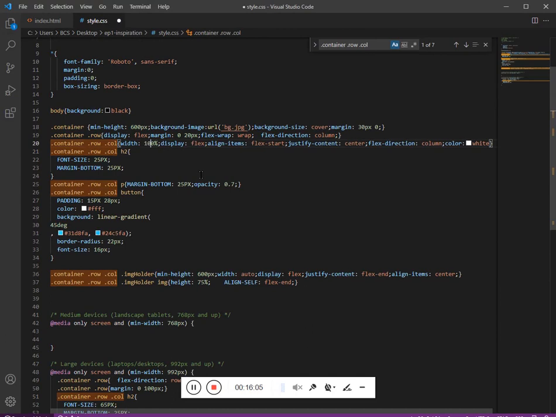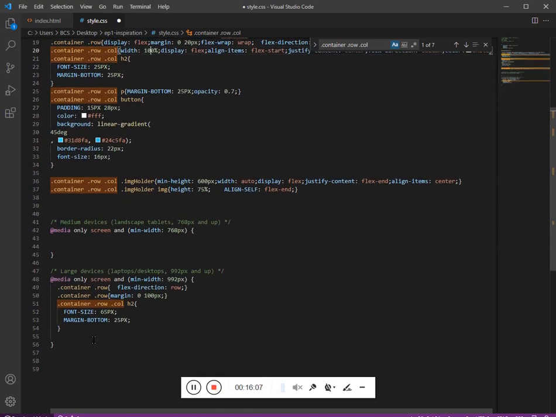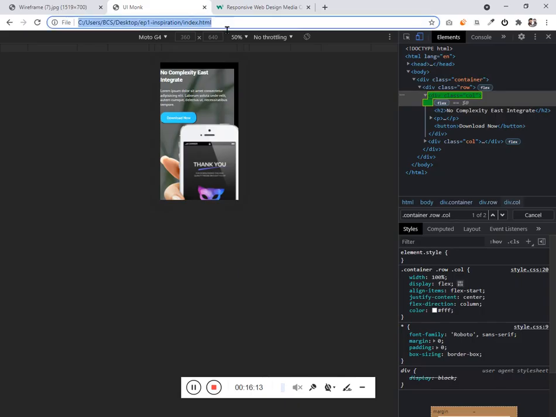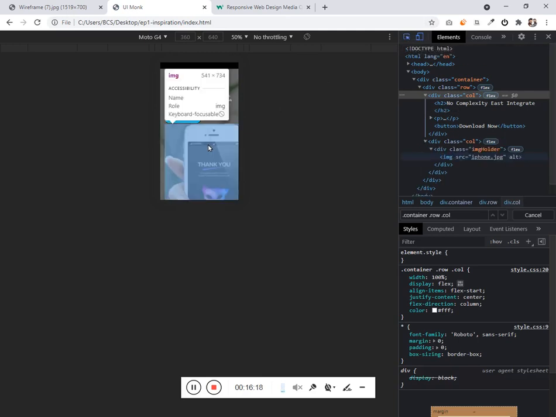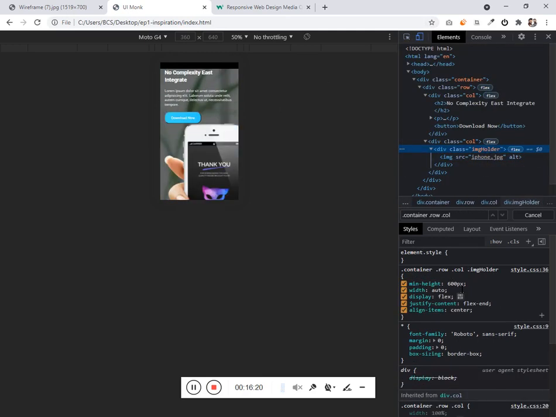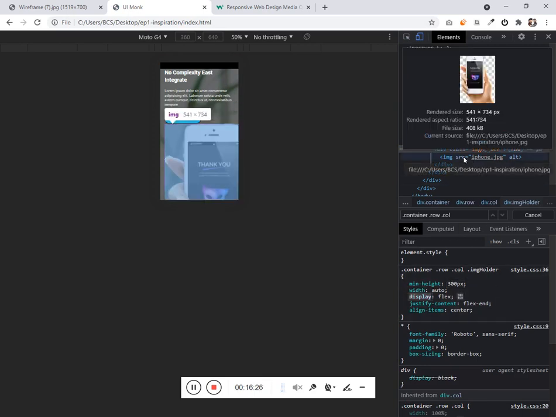For the mobile, but for the desktop it should be 50. The same way, let's design the image. It is not going to change.